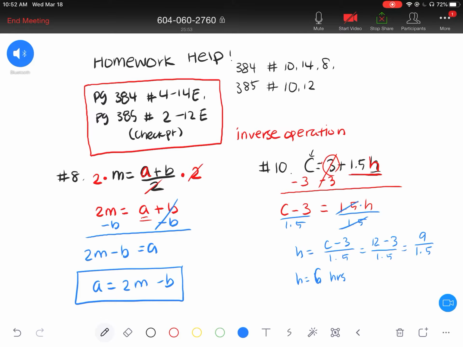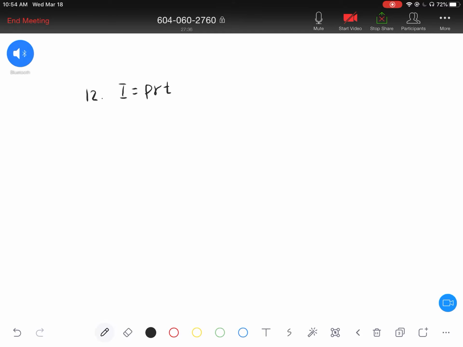Okay, I'm going to go to 12. It's actually what 7th graders are doing with interest, principal, rate and time. What you do is just think of these as multiplying, and you have to find out what t is. So how can you find that out? If you're all multiplying, you do the inverse operation, which is dividing by